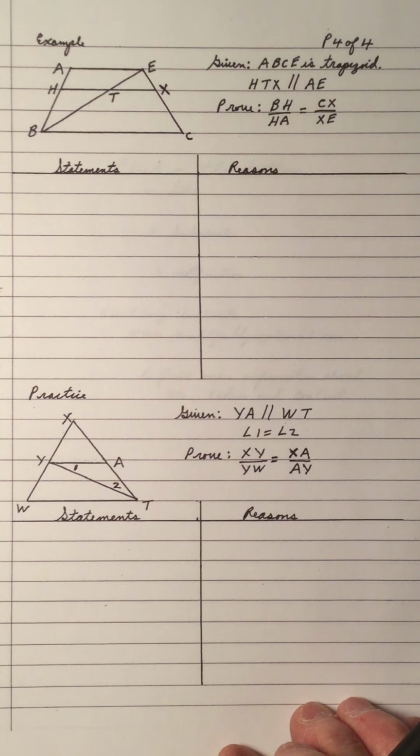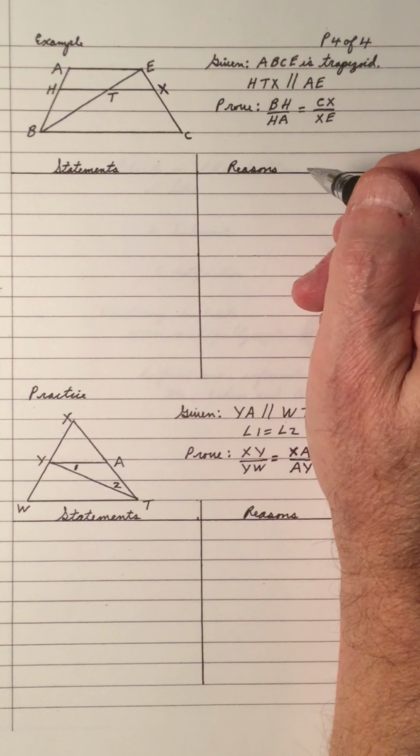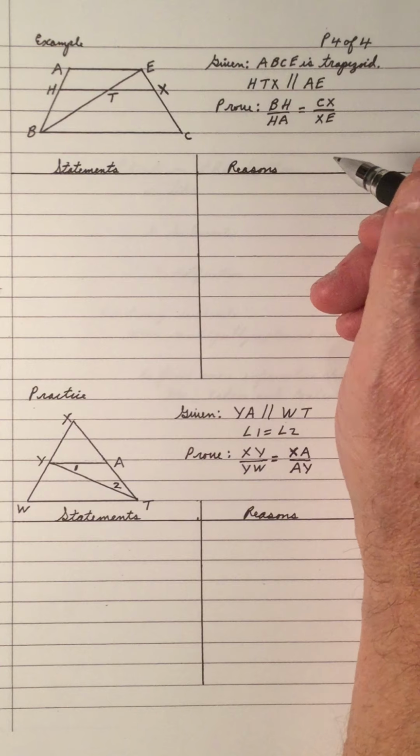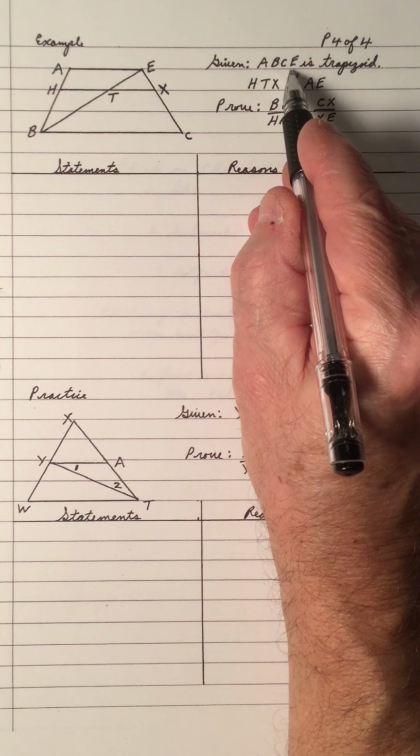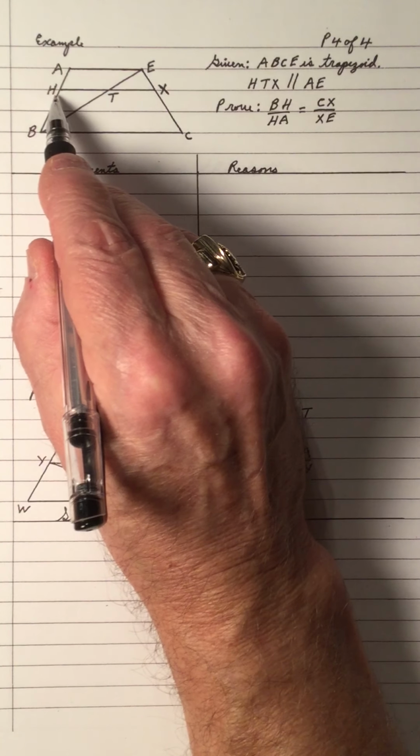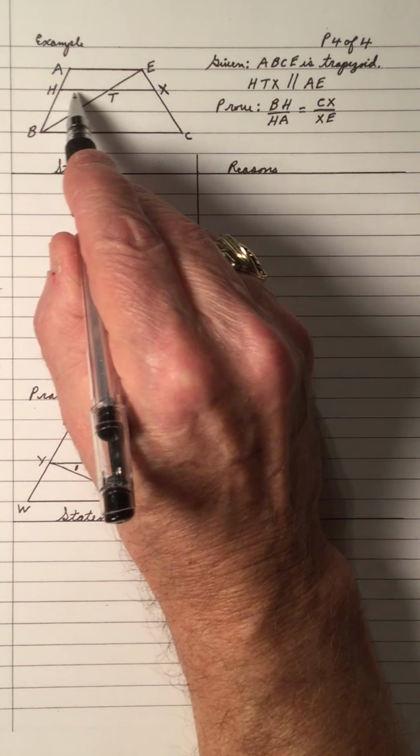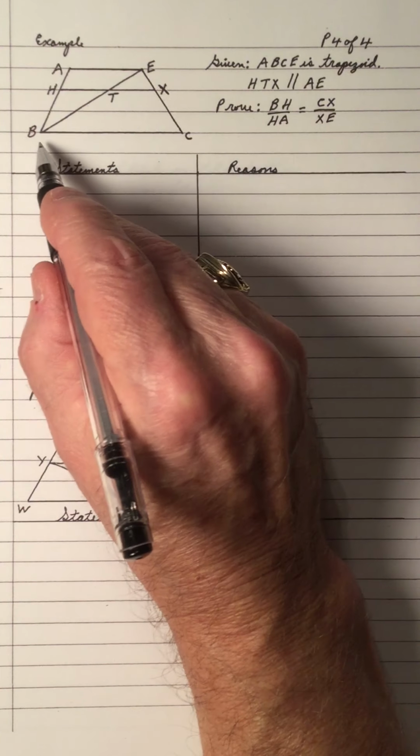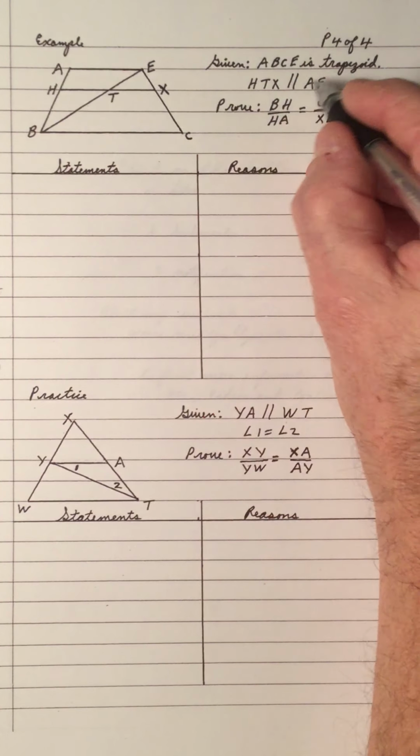And let's continue. Now we're going to do some proofs with the PPTT. Let's see what we have here. We have ABCE is a trapezoid. And it says that this line, HTX, now I named this with 3 letters to show you that it was going on through, is parallel to